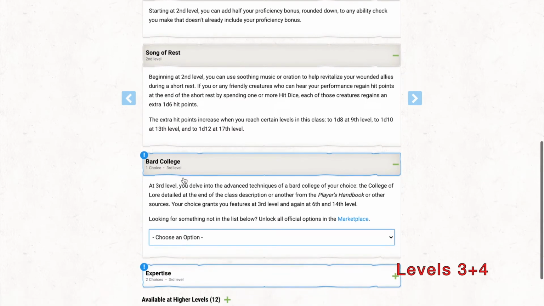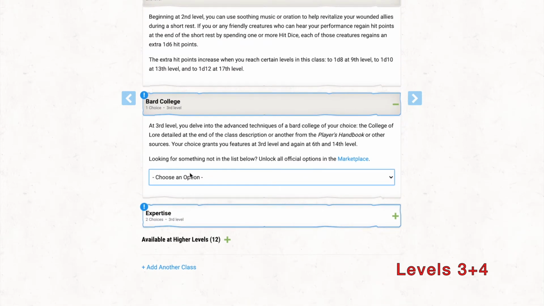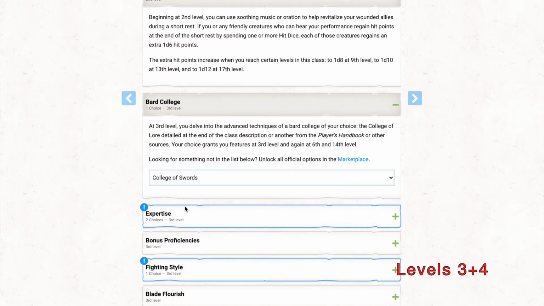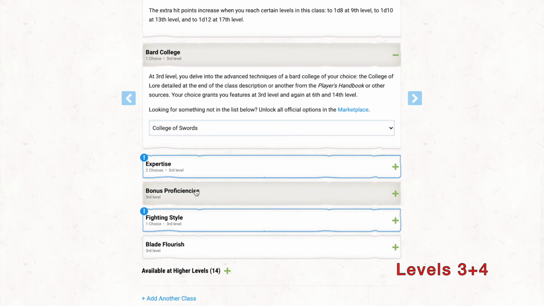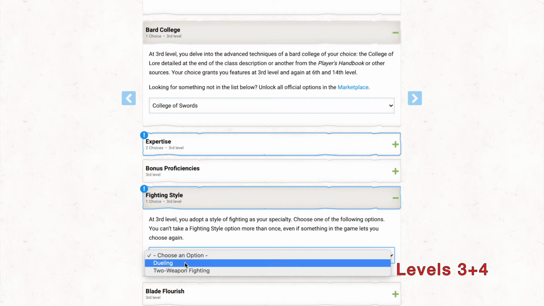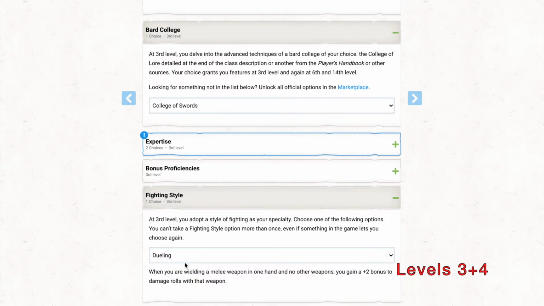At level 3, we get to choose a Bard subclass, and the one we want is the College of Swords. College of Swords gives us several unique perks that the other martially focused Bard subclass, the College of Valor, does not. First, we get a fighting style. We will take the dueling fighting style, which adds +2 to damage with the one-handed weapons I am using exclusively